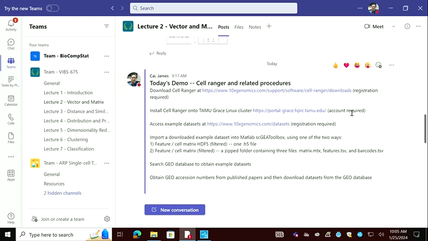Some of those links require your registration. Some of the registration is easy, so for 10x Genomics, you can just register with your name and some basic information. Then you can download their example data sets and also software and all the information. And probably you can also use 10x Genomics Cloud